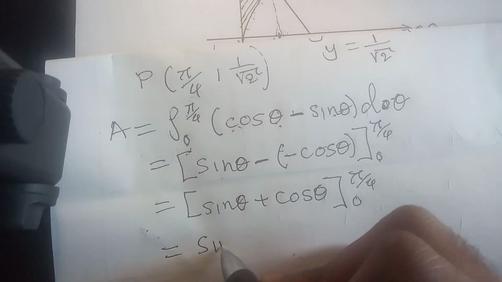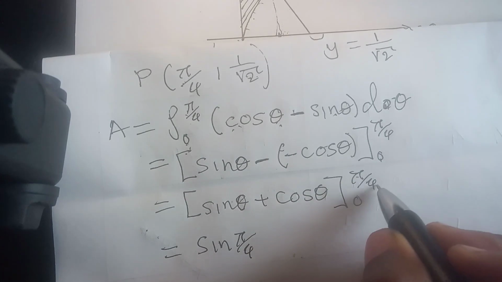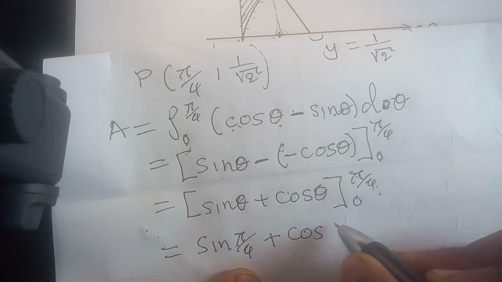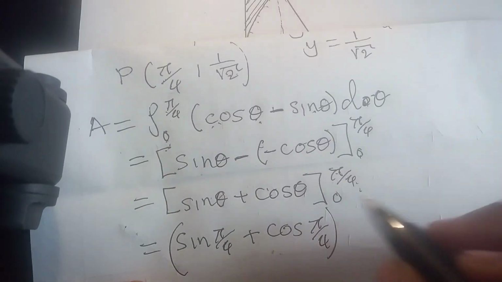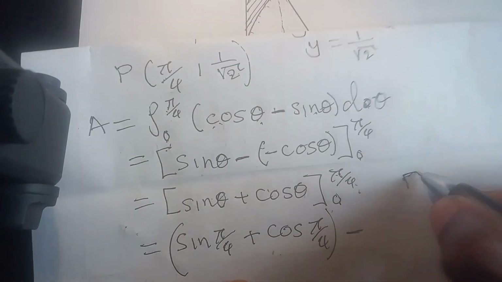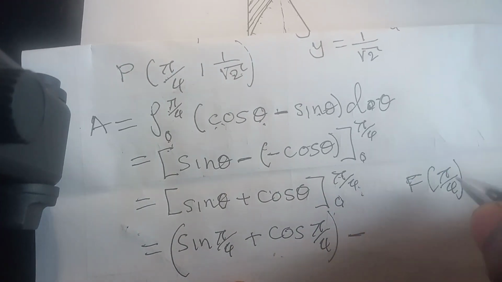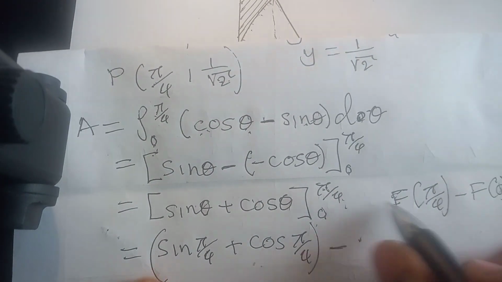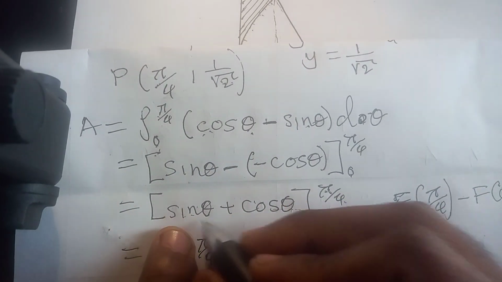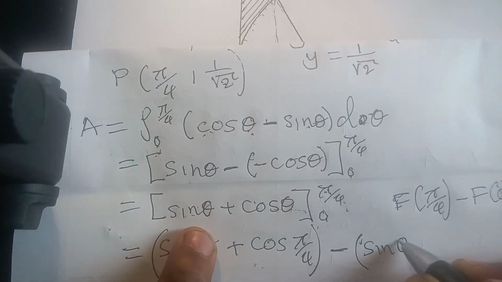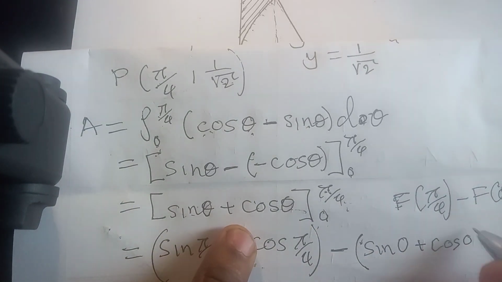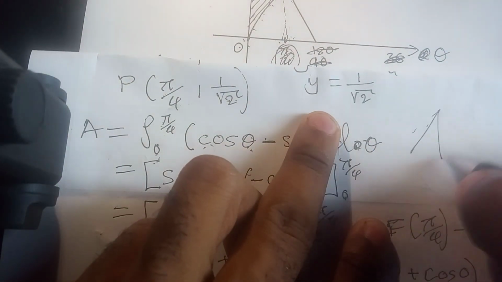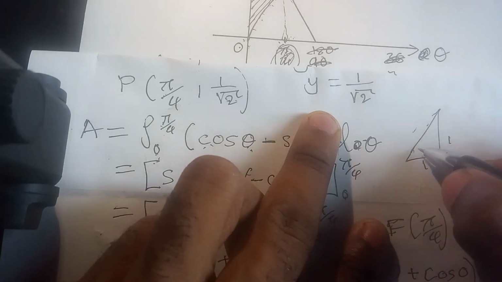So when I substitute theta in the sine, then I have this. And then here I'll have this. Then everything minus this. Remember, it's f of pi over 4, this one, minus f of 0, which is this, where f is this thing here. Then for 0, you have sine 0 plus cos 0, like this. This, using the triangle again, 1, 1, forgive my drawings,